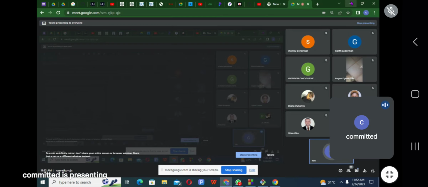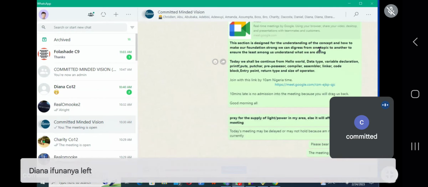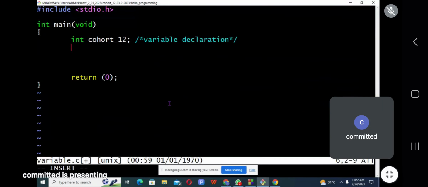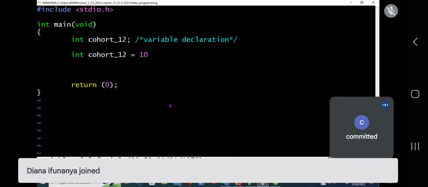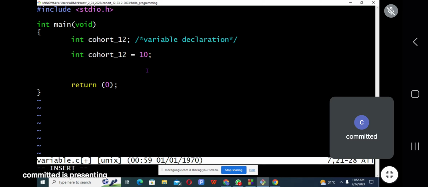When it comes to initialization of variable, that means you want to pass value to it. So in this our variable equals 10.